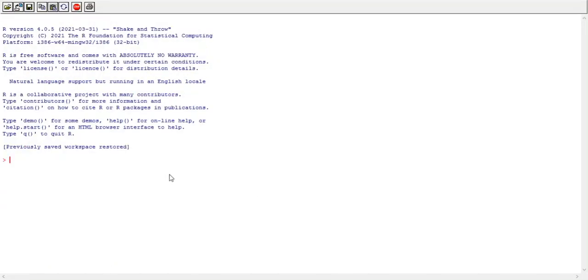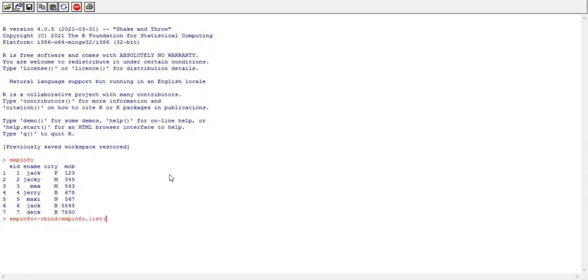Let's take an example of inserting NA into the existing data frame. Here I have this data frame, that is emp info, and now I want to insert a new row into the data frame. I am inserting that row by using the rbind function, rbind emp info. This is my existing data frame.